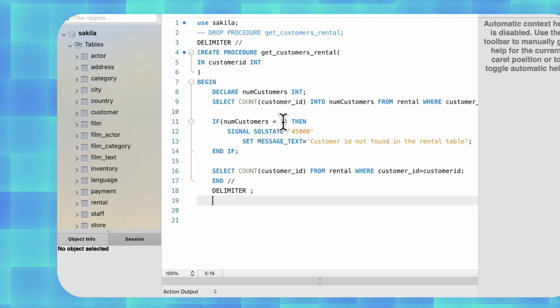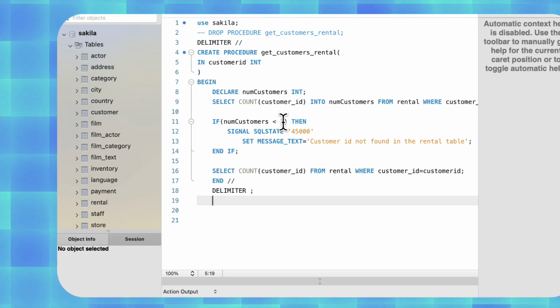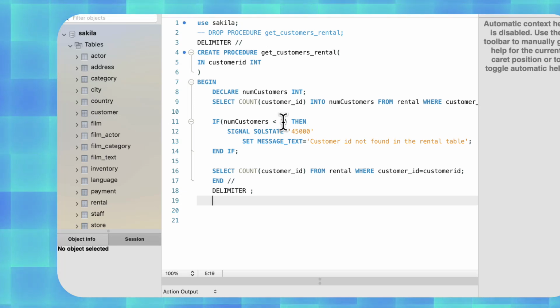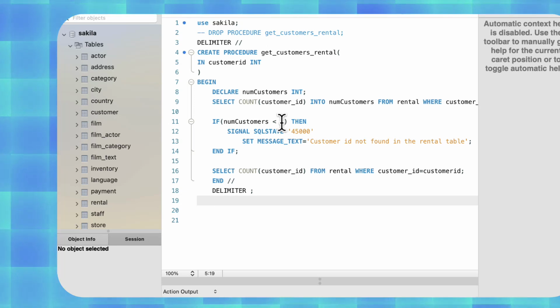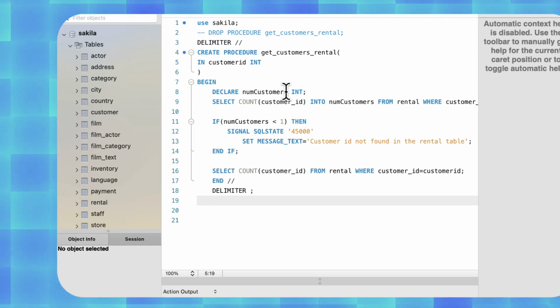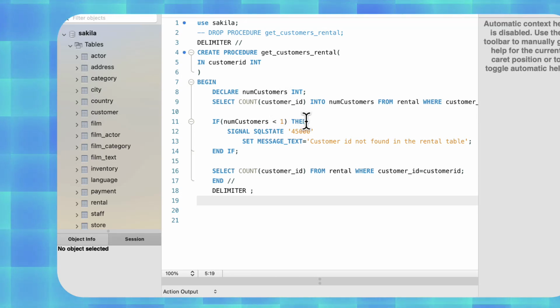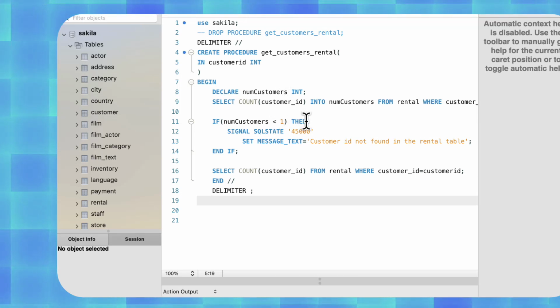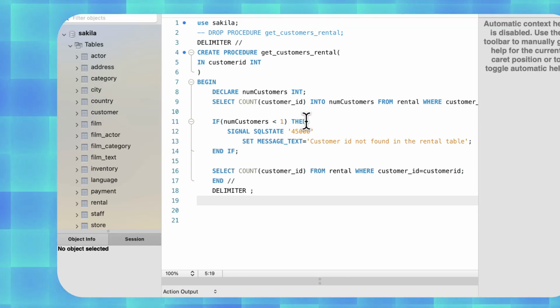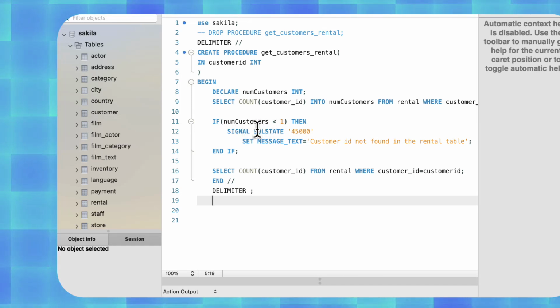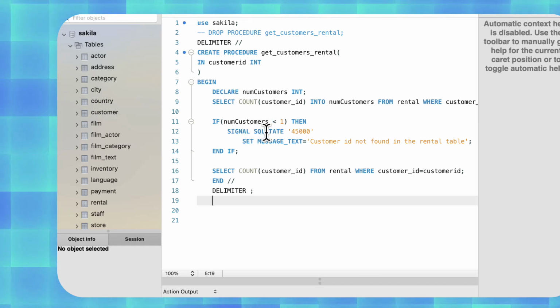We want to signal a statement, or return an error, to the caller of the program saying that that customer ID does not exist. And so I use if num-customers, which is a variable that holds the total count, is less than 1, then, so this is the if-then statement in MySQL, which we are going to look at in detail in the next lesson. The signal statement is signal, and we're going to signal whatever we want to signal, which is the